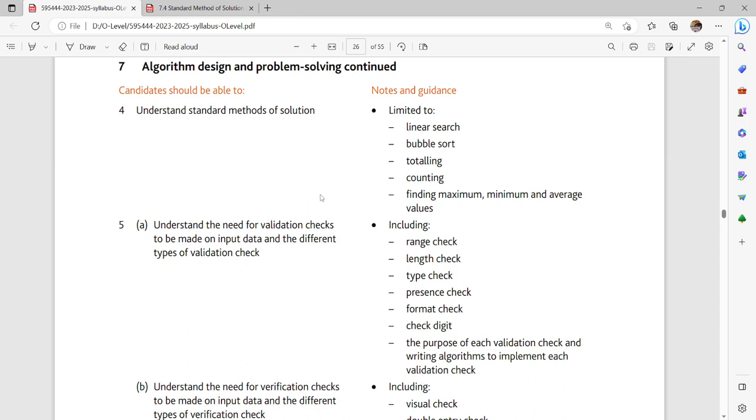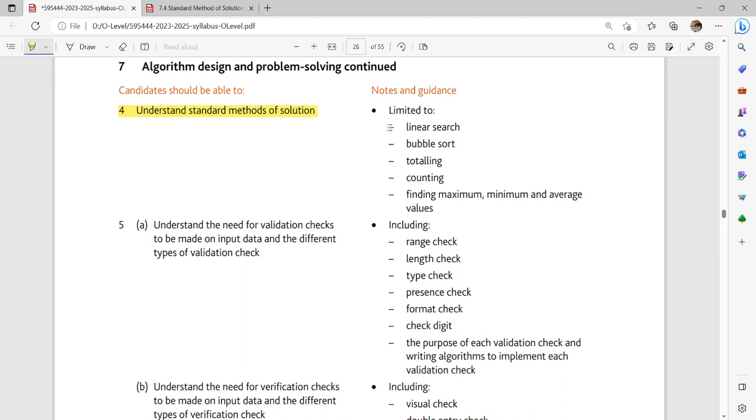new things are added. So I've decided to make a series of videos to cover some very important aspects of paper 2. And in today's video session, we'll be talking about the standard method of solution. This topic I've seen is very important and is covered in many past paper questions, and in this new syllabus they have